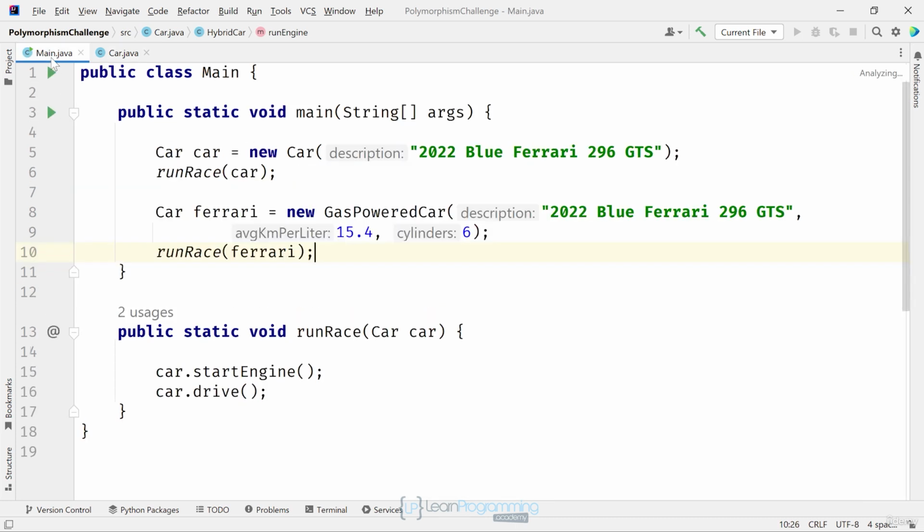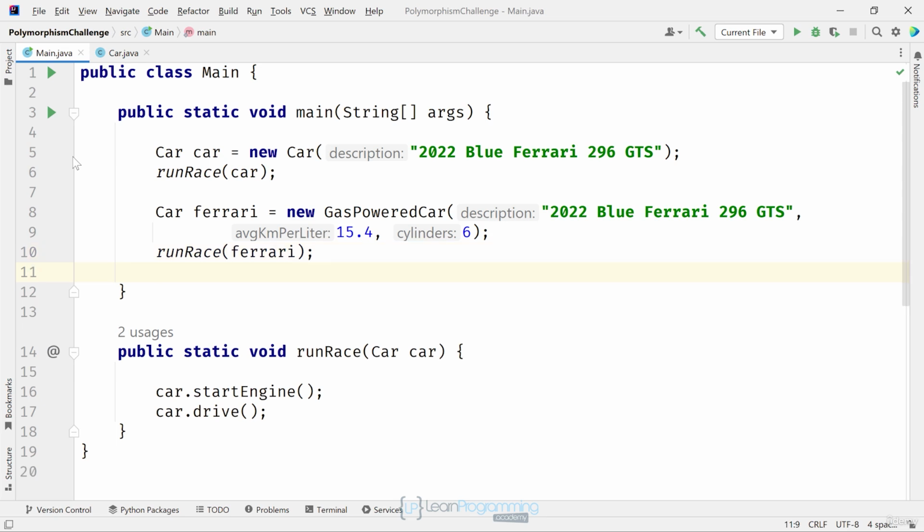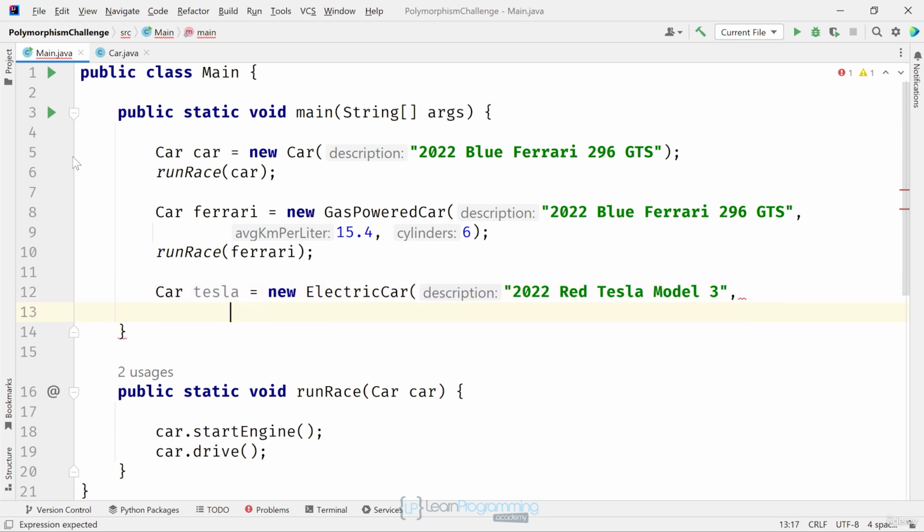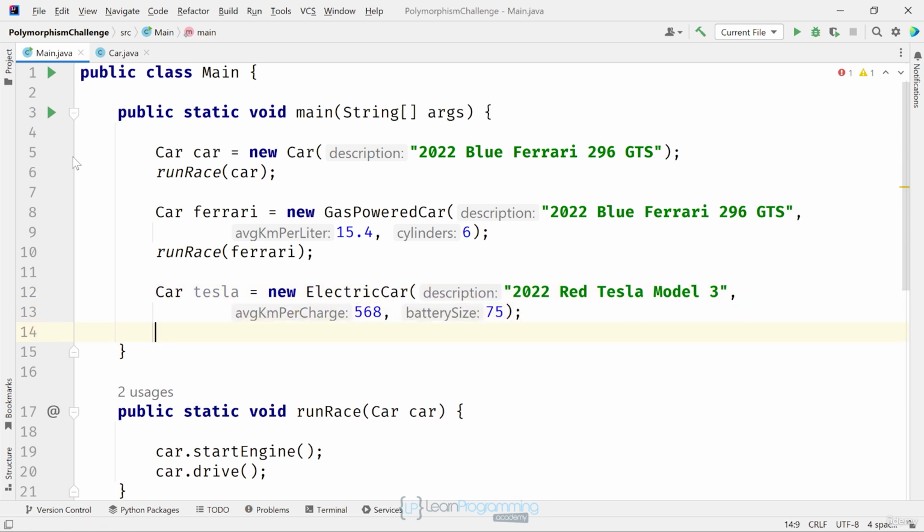Now I want to go back to the main method and create some of these instances. First, I'll create an instance of an electric car, and I'll make it a 2022 Tesla Model 3, and say that it can go 568 kilometers on a battery that has a size of 75 kilowatt hours. Car Tesla equals new ElectricCar, 2022, red Tesla Model 3, 568, and then 75 is the last argument. And I'll pass Tesla to the run race method. And if I run this code,